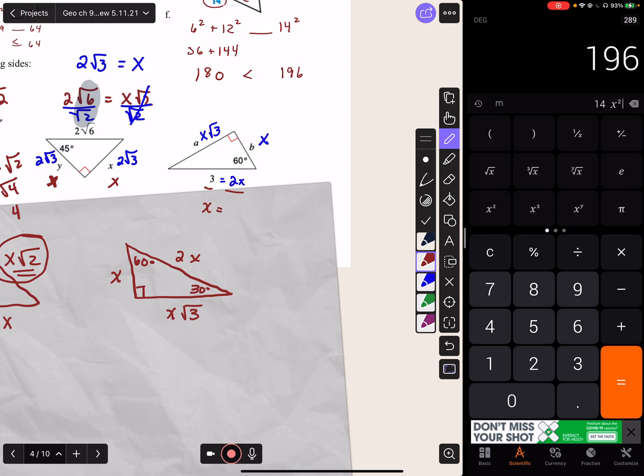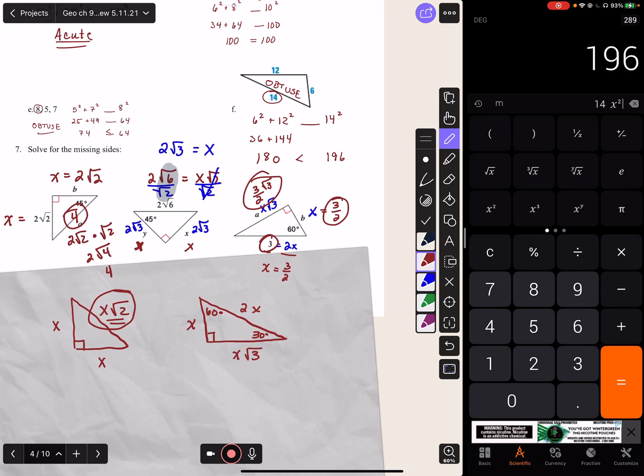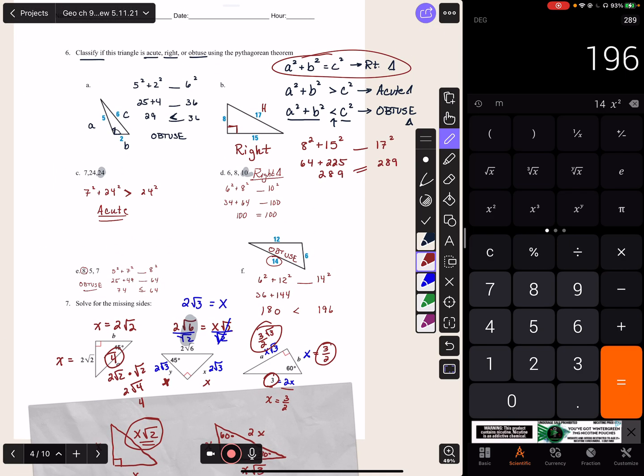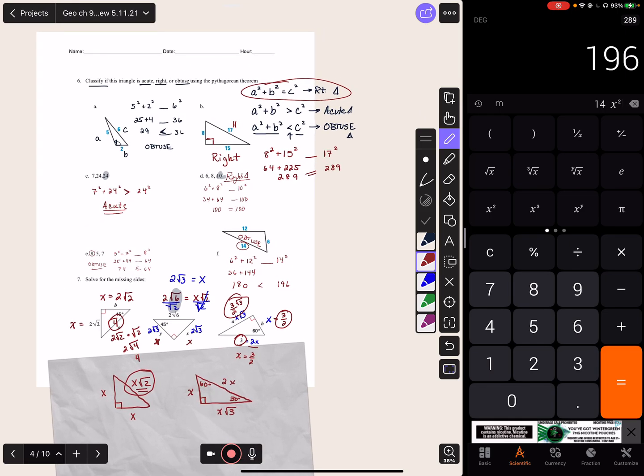Divide by 2. X is 3 over 2, so that's this side, 3 over 2. And then whatever x is, you take it times root 3, and that is the longer leg. So we now know all three sides. There's everything, so you can